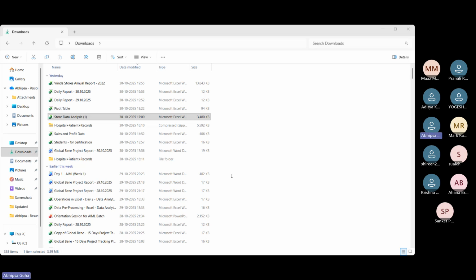Okay, so we'll start with the pre-processing that is needed when we work with any data. Suppose we have to do an EDA analysis in Python.